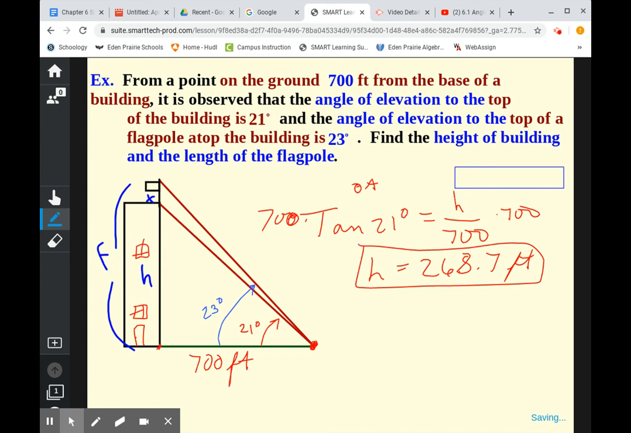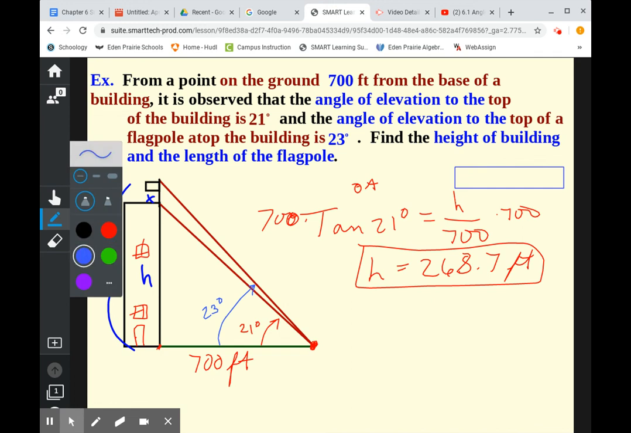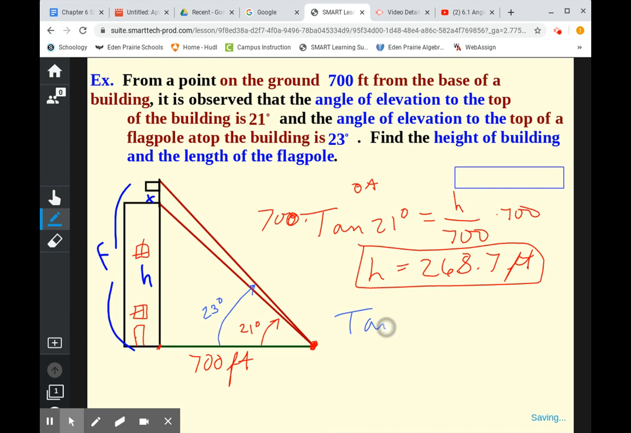Now that we have H, we can now find F, similarly using SOHCAHTOA. But now the angle is 23 degrees. So tangent of 23 degrees equals the opposite, which is F, over the adjacent, which is 700. Same thing, multiply both sides by 700. Take 700 tangent 23. And F will equal